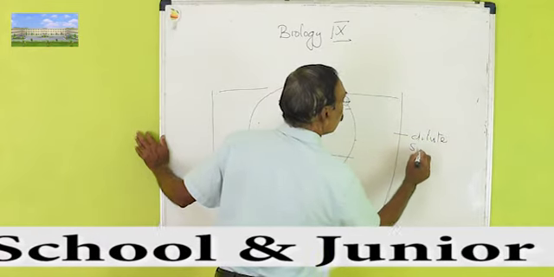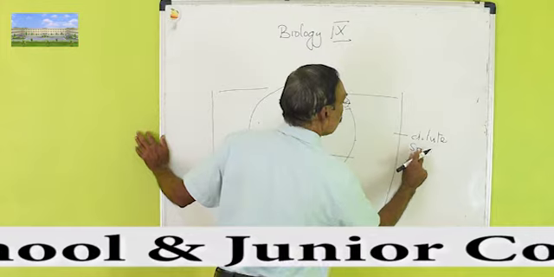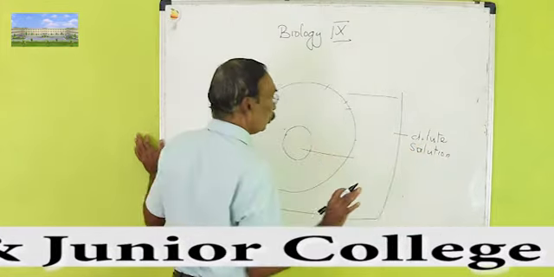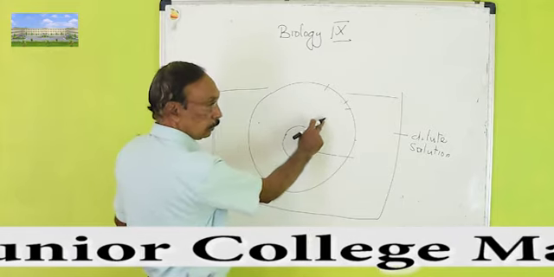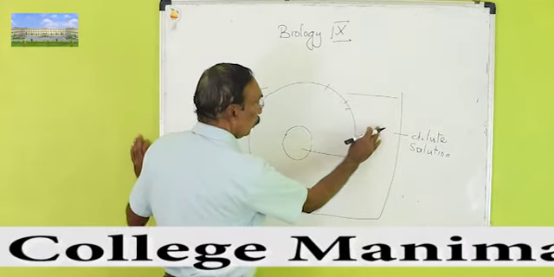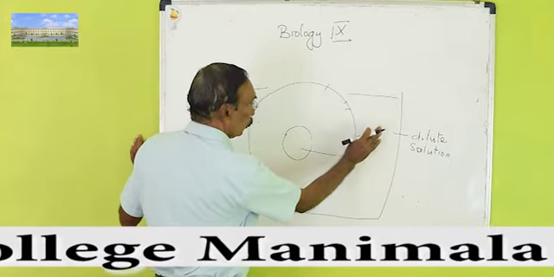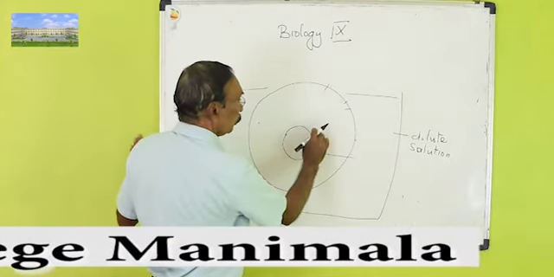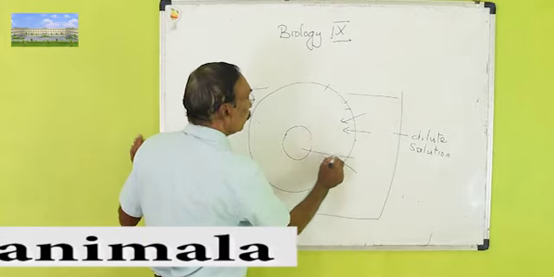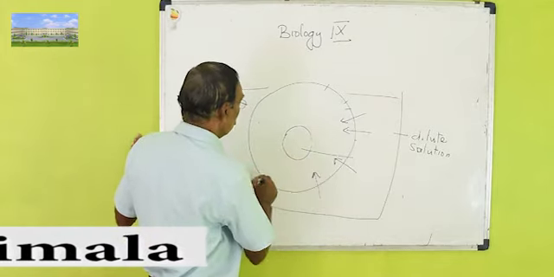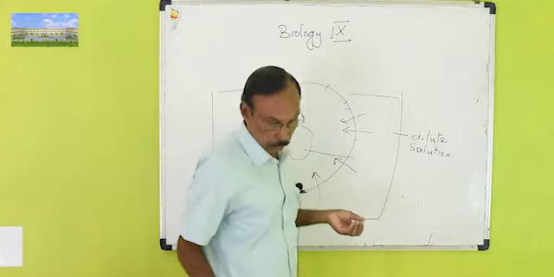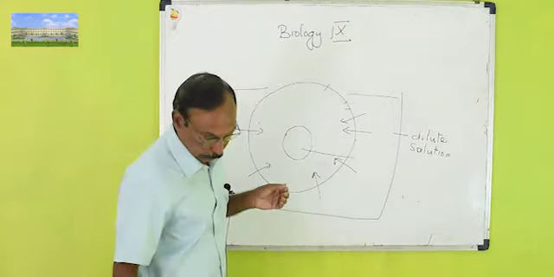So a dilute solution of water, meaning the concentration is very low. Inside the concentration is high, and outside the water concentration is high, inside less. So what will happen is water will slowly enter the cell. After some time, you can see the cell will swell up because of the entry of water.